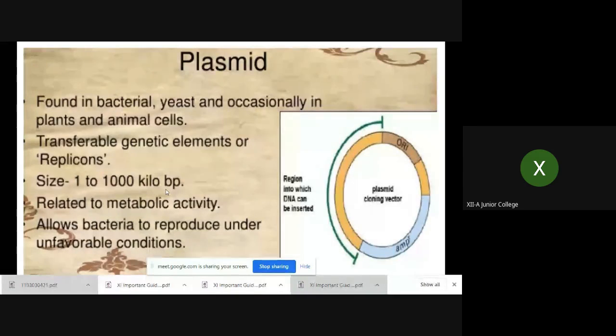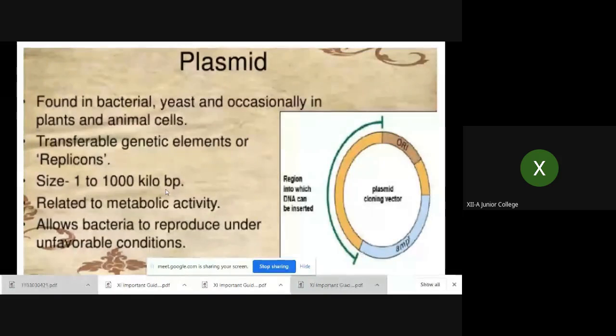Now this is very easy for you to remember. This kbp is used in your mobiles and such; all the IT students might be knowing that size, how it is kilo bytes. So here, instead of the word bytes, you use the words base pairs. As you know the structure of DNA and RNA, these are the pairings of bases, nucleotides. So you can remember the size in this way, 1 to 1000 kilo base pairs.